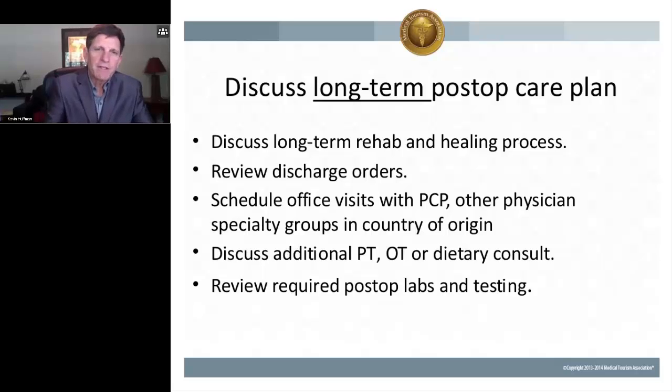So the patient comes back to you right after surgery, and you want to now lay out their visits with you and any specialty physicians. If they've had an orthopedic procedure, you might need to schedule a follow-up with an orthopedic surgeon or sports medicine physician in your community. If they've had a bariatric surgery, they may not follow up with a bariatric surgeon in